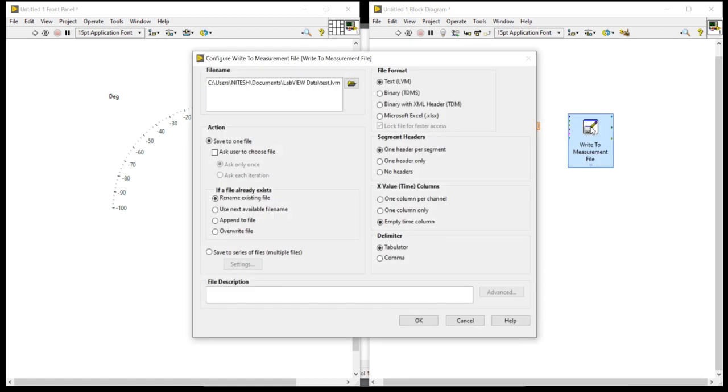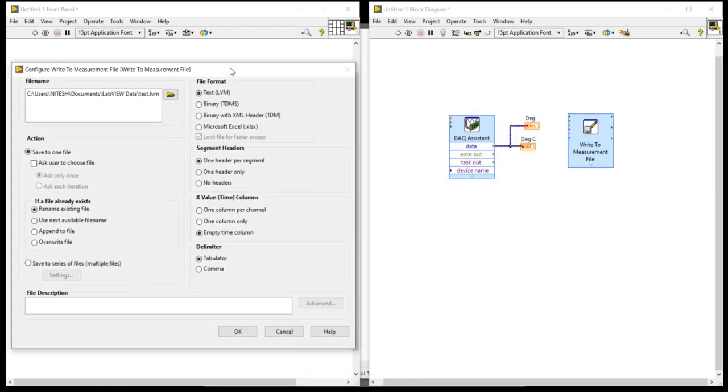After that, you will get this kind of configuration window.